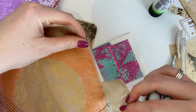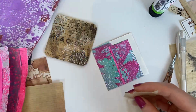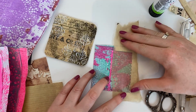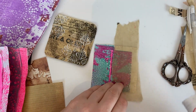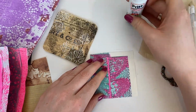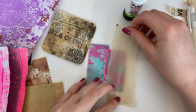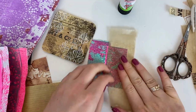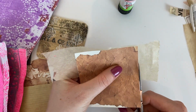You can tell I'm really loving this paper, but I thought it would be nice to keep the colour story between the cards that I'm making, so it's a nod to the other one, and also a way to push some of those bright colours back. I really like the way that it fades over the top of it all, and is just an element that helps bring it together a little bit more, and it adds some interest and dimension to the card without completely covering anything,